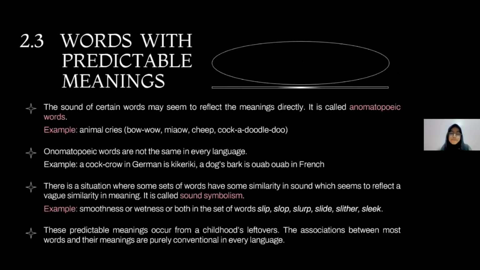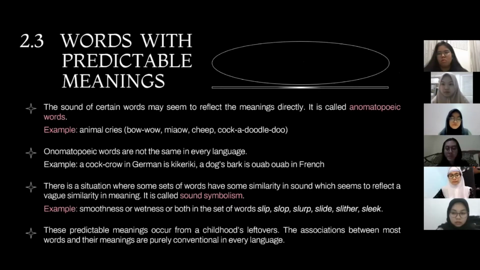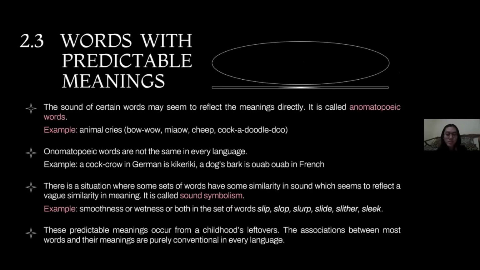Okay, this next one is words with predictable meanings. There are some words whose sound seems to reflect their meanings very directly. These are called onomatopoeic words. To put it simply, these are words that name something or an action based on the vocal imitation of the sound associated with it. For example, the sound